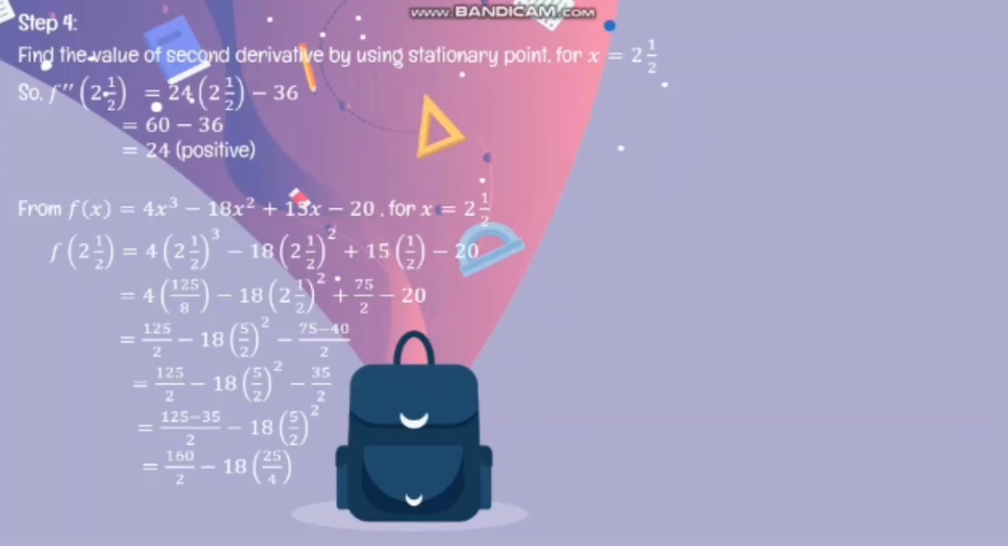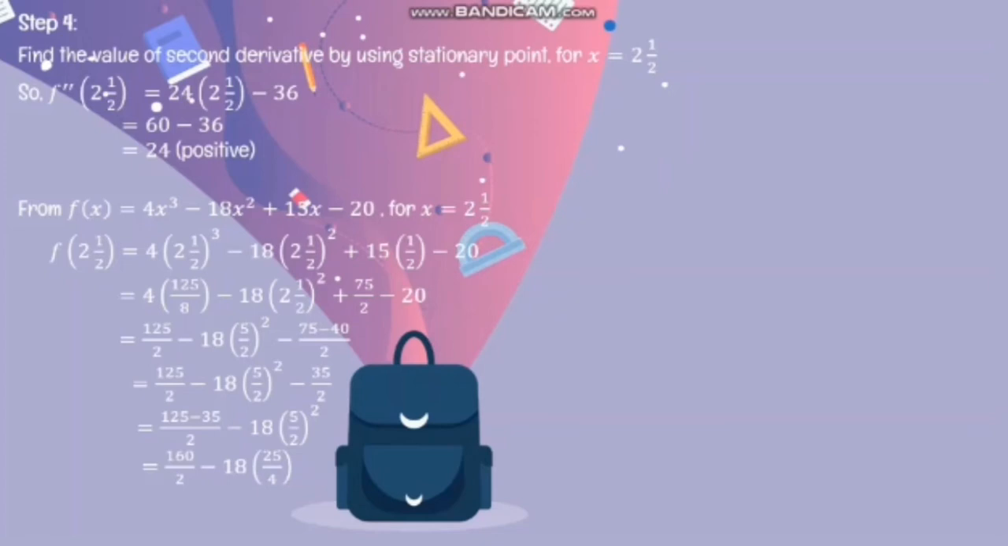125 per 2 minus 18 multiplying (5 per 2) squared minus 75 per 40 per 2 equal to 125 per 2 minus 18 multiplying (5 per 2) squared minus 35 per 2 equal to 125 minus 35 per 2 minus 18 multiplying (5 per 2) squared equal to